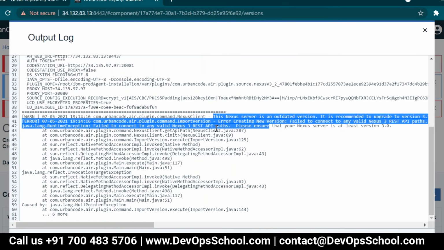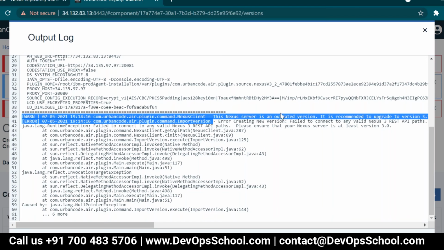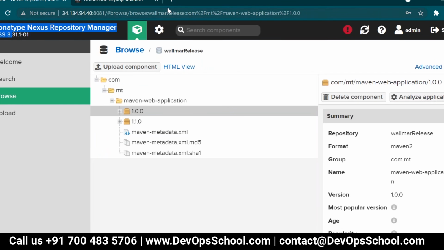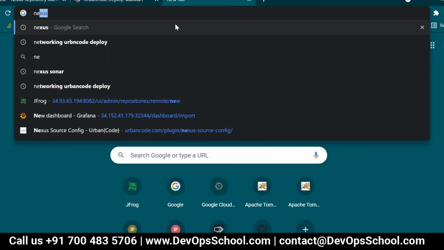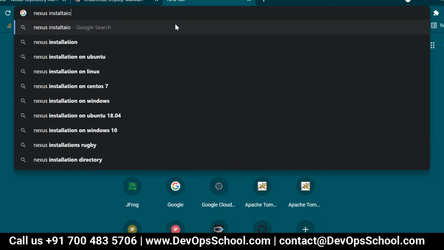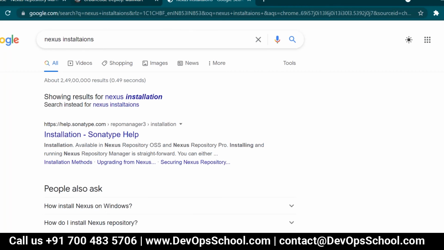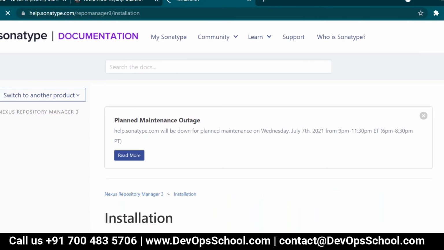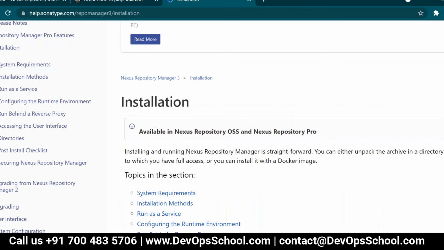This is clearly telling the Nexus server is outdated. That is the reason you're not able to do it. One second. That's so funny. This is the latest Nexus version. I said this is the latest updated version, the highest version there. Yes, yes.